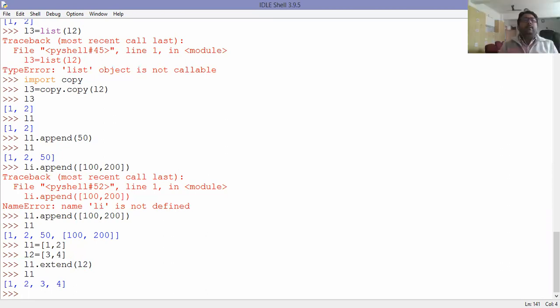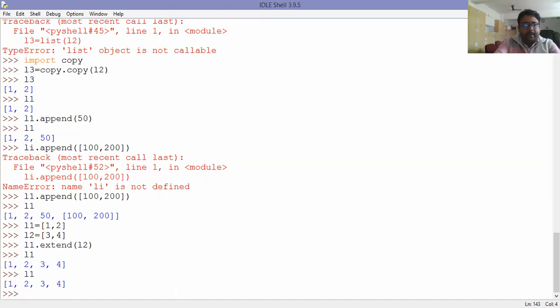Now with the help of append and extend, all this functionality adds the element at the end of the list. But I'm not satisfied with that, and I want to add an element as per my requirement. So I have one list L1 with elements 1 2 3 4, and I want to add an element in between 2 and 3.